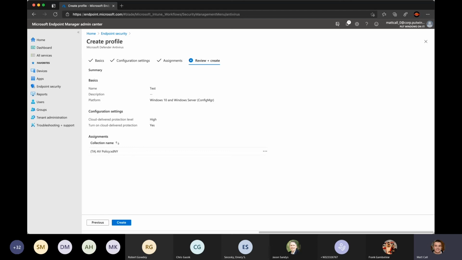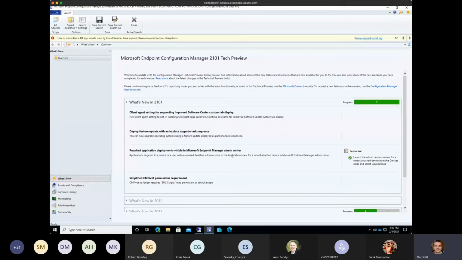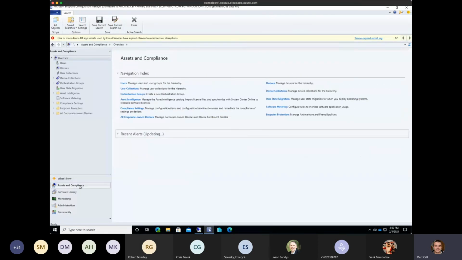So if I come into Configuration Manager, you're not going to see a lot that's different. It's going to be mostly the same stuff. Let me see if I can switch over to my config man console real quick. Where did it go? Come here, guy. Okay, here we go. So I'm able to come into my Configuration Manager console,